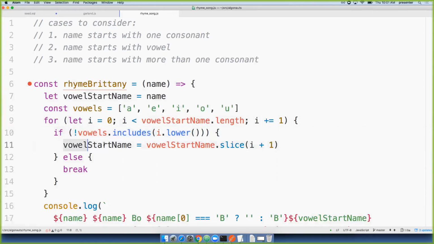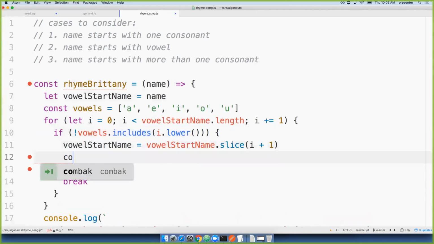Then vowel start name slice. Okay, so let's just do some console logging here. That's always a good way to debug. So I'm going to say removing